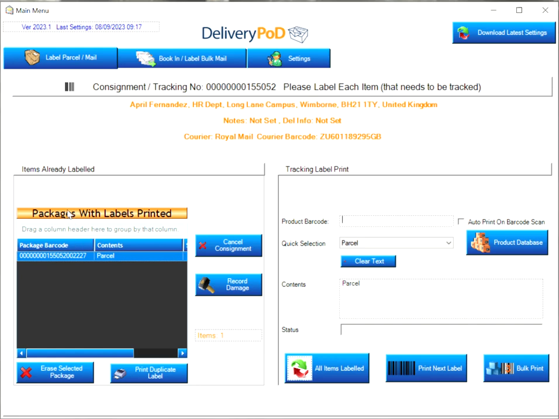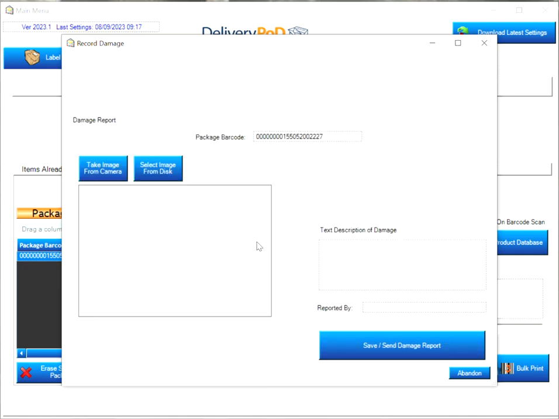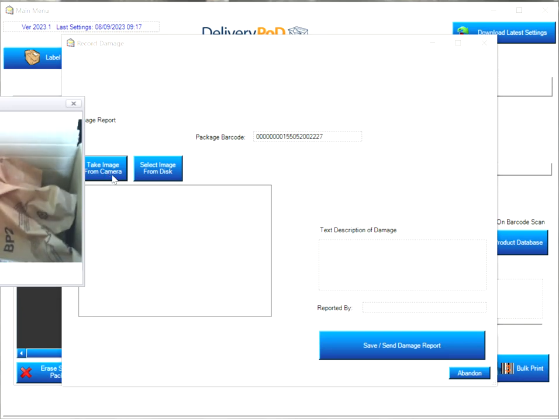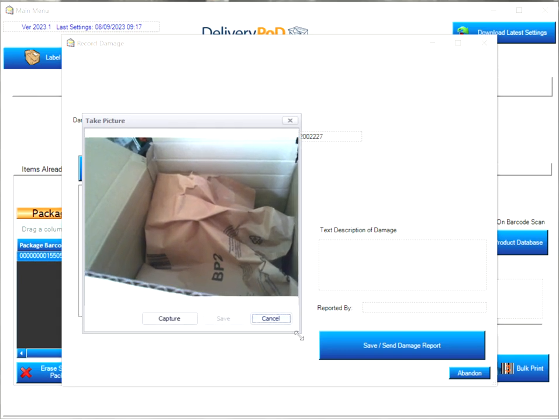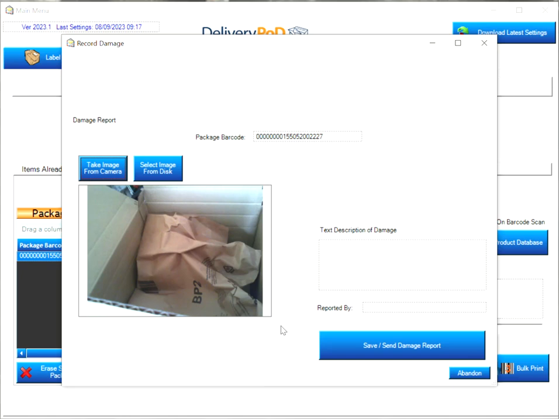But can you see over here on the left where it says packages with labels, labels printed, there's a record damage button. If I click on there just for a moment, it asks me to scan the barcode of the item that I'm reporting the damage on. So I'm going to do that. And then it's asking me do I want to take an image from a camera or to select it from this. So I'm going to click on take image with the camera, and my webcam is on. So if I just move that across and click on capture and save,